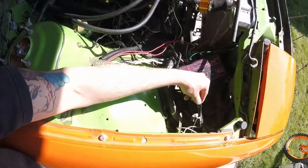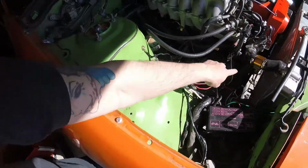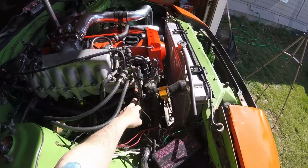We got all the wiring here, and then I wrapped it to make it look real clean. I had to tap in a lot of things. I followed a couple write-ups. One write-up was for a Series 2 RB25, and I just took my ECU pinout and repinned whatever it needed for that write-up, and I just used my pinout for it,